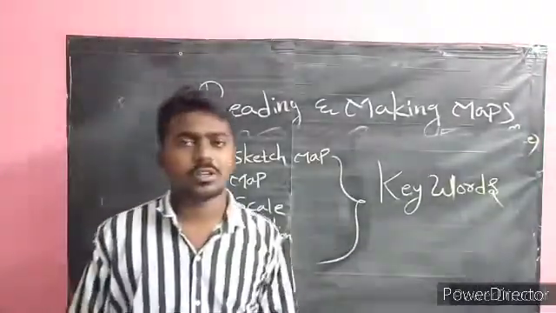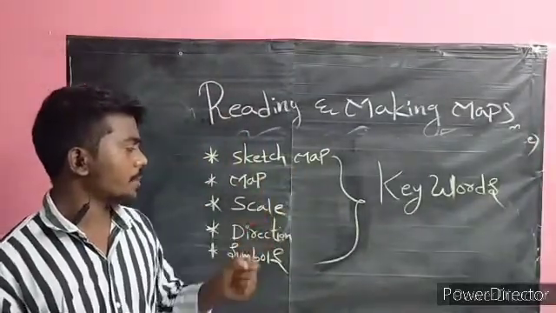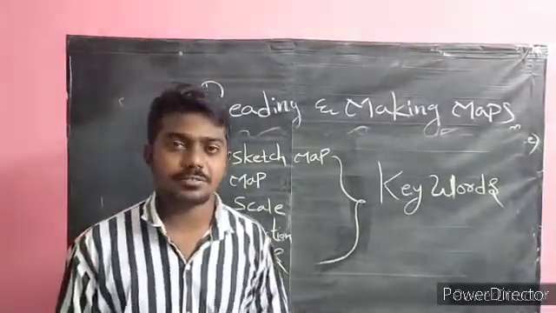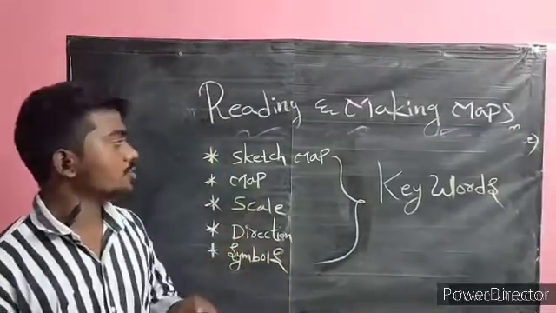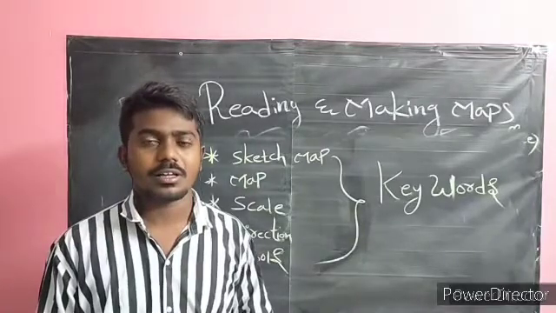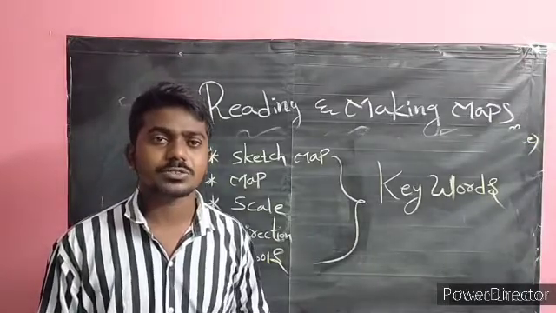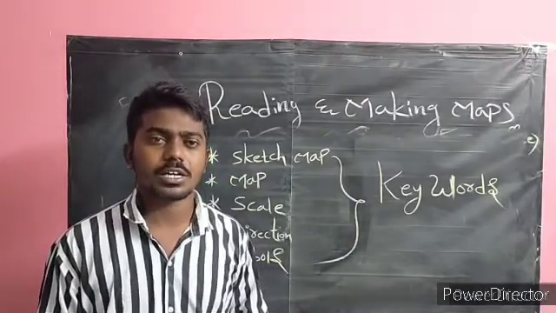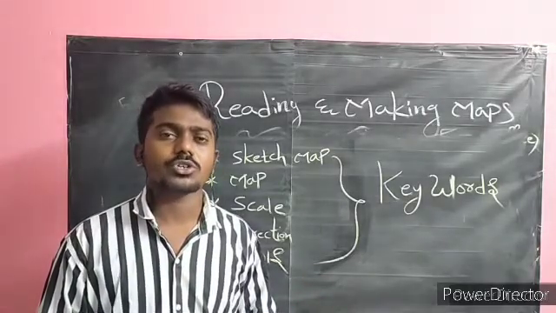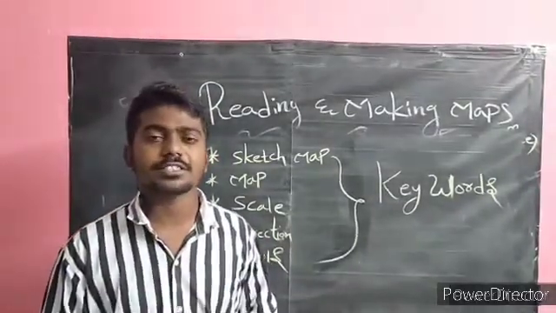Up to now we discussed the topics of sketch map, map, scale, direction, and symbols. By knowing the sketch map, we discussed the example of Laila and Malika. Malika is from Venkatapuram, Laila is from Adilabad. Laila has to visit Malika's house. She wrote a letter saying she has to come to Malika. Then Malika replied to the letter by posting a sketch map. But Malika forgot the directions, symbols, and scale.